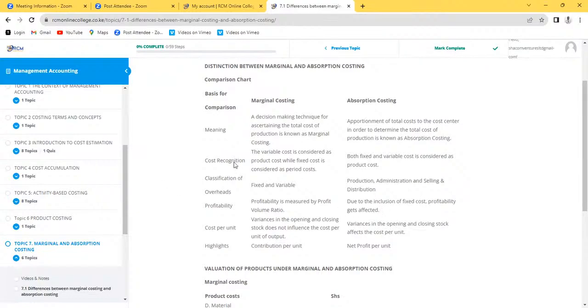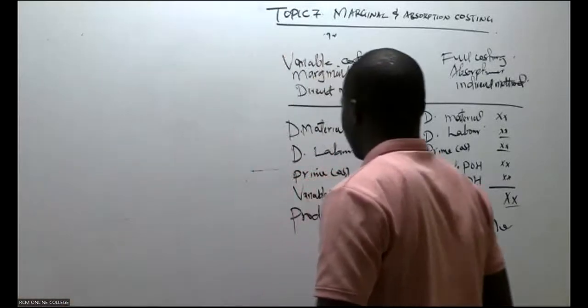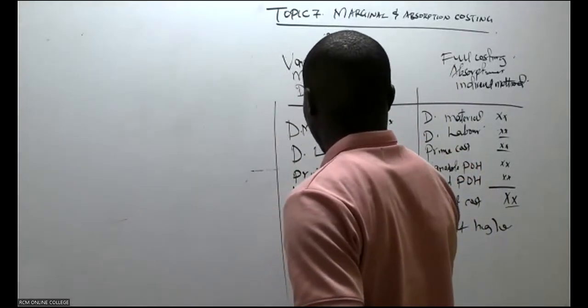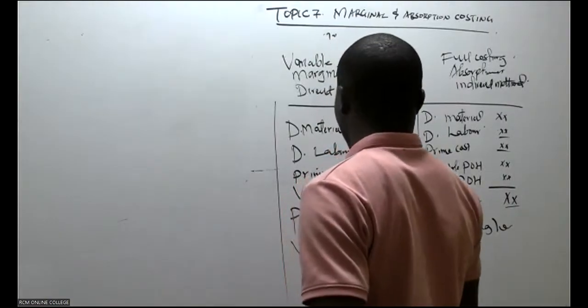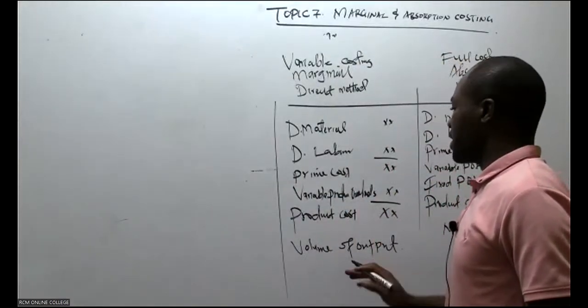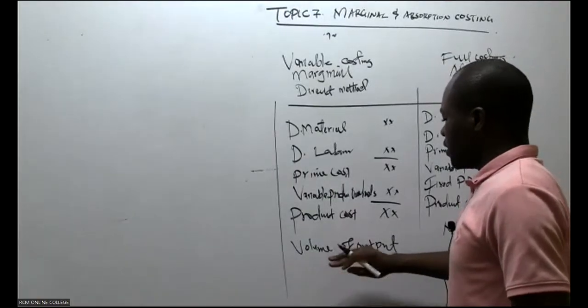Profitability gets affected. So under marginal costing, the profitability is constant. The way of getting the profit is constant, and the simplest way to recognize your profit will be basically dependent on volume. Volume of output. If you are keen enough with what we've been discussing in the previous period, it is only volume of output that's going to affect this particular